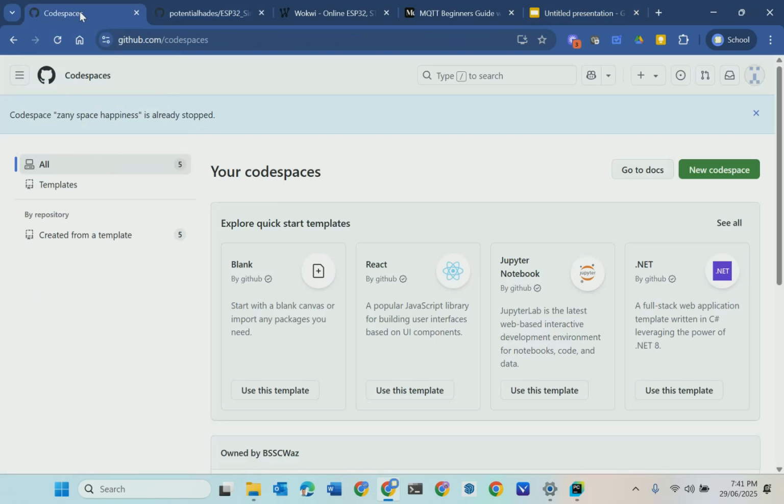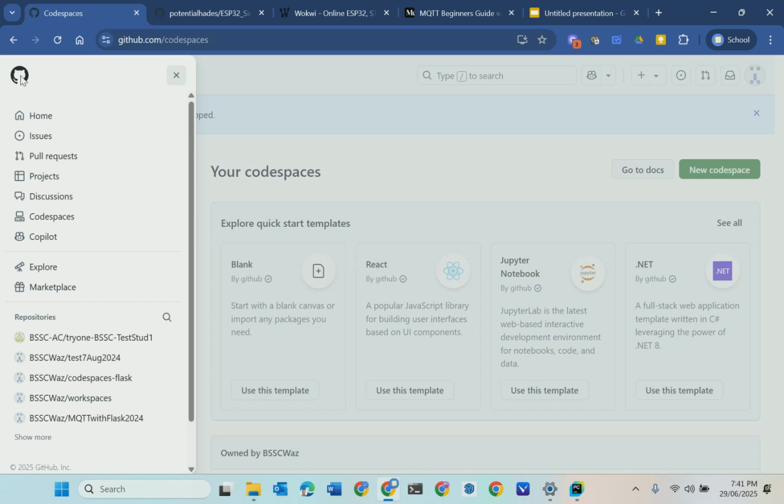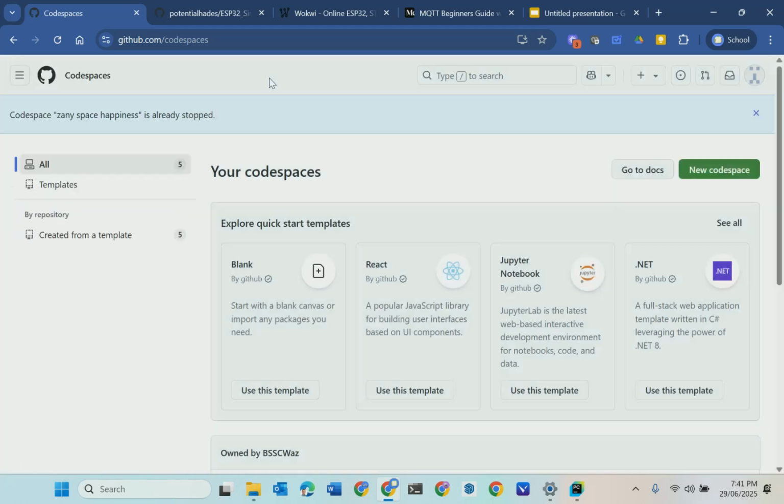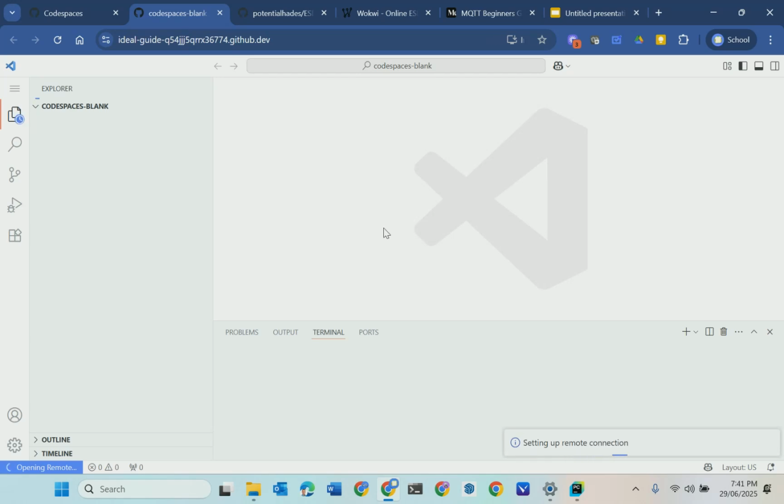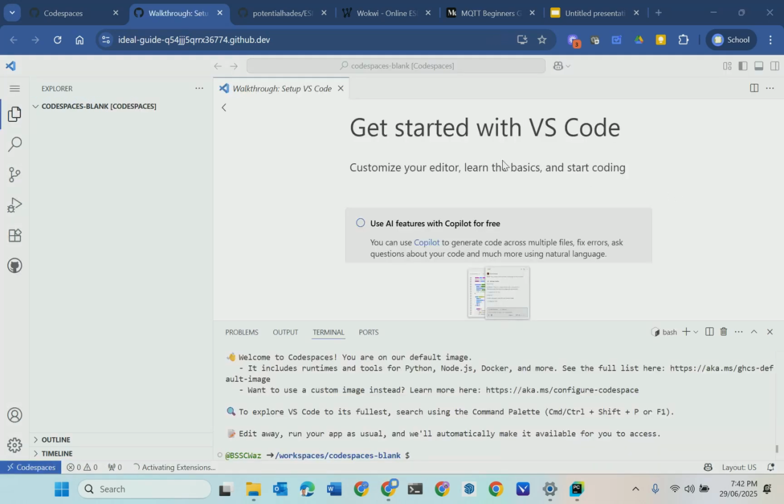So if we go to CodeSpaces, and we can get to CodeSpaces by going into GitHub and clicking on this little menu item on the top left, and then choosing CodeSpaces. I've already done that, so I'm in CodeSpaces already. So the first step is we'll make use of a blank template. And that will take us a short while to get started, and I'll probably cut this out. Okay, so after a short period of time, we end up with our